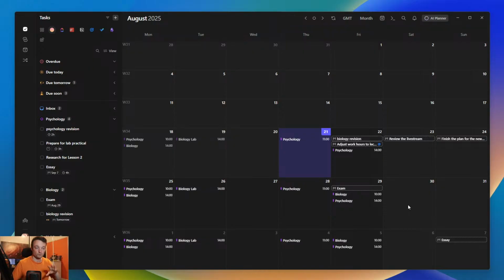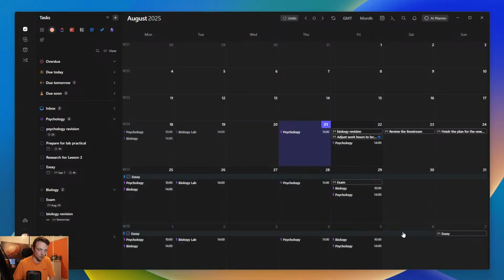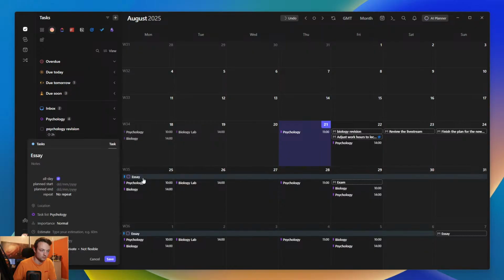Planning this out, this is how I deal with my deadlines, because of the way Morgen works with multiple task sessions. This essay is due here, and I know it's due there. But what I want to do is make sure I've got enough time to work on it. So I can drag it in here, and then I can drag this out all the way across. And this is in the all day section. If I double click,